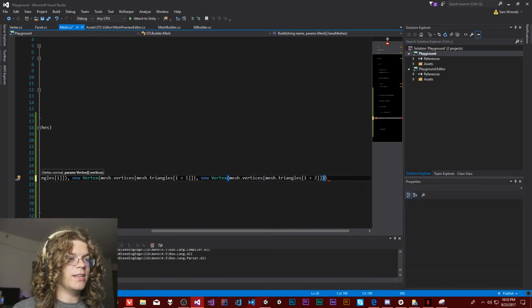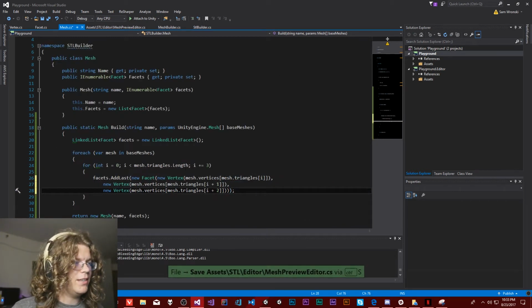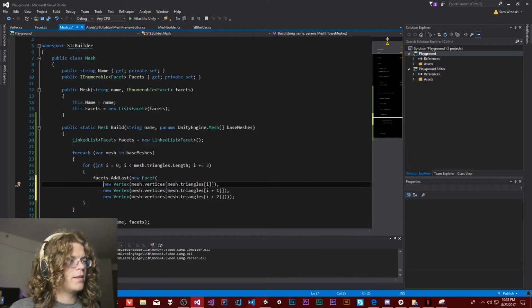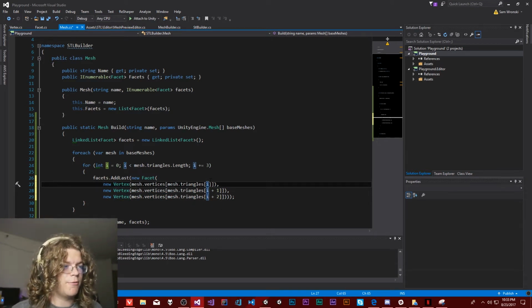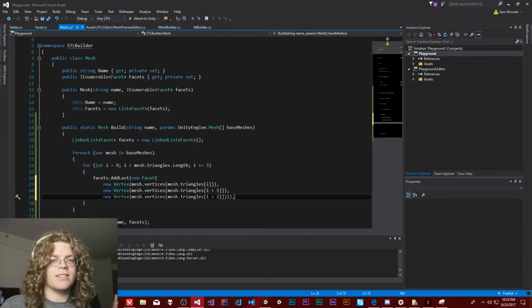And so this is the definition for our triangle. That's all we need. So we're taking the current index, the 0, first and second index, and then we're skipping 3. So 3, 4, 5 will be the next triangle, and then 6, 7, 8 is the next triangle,